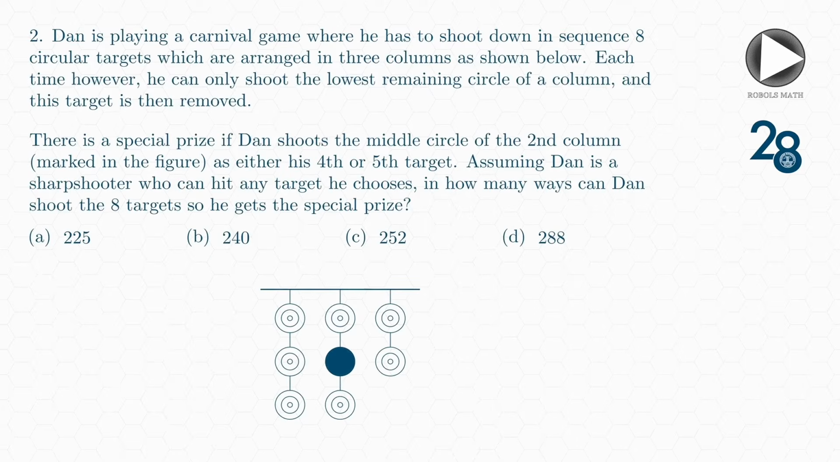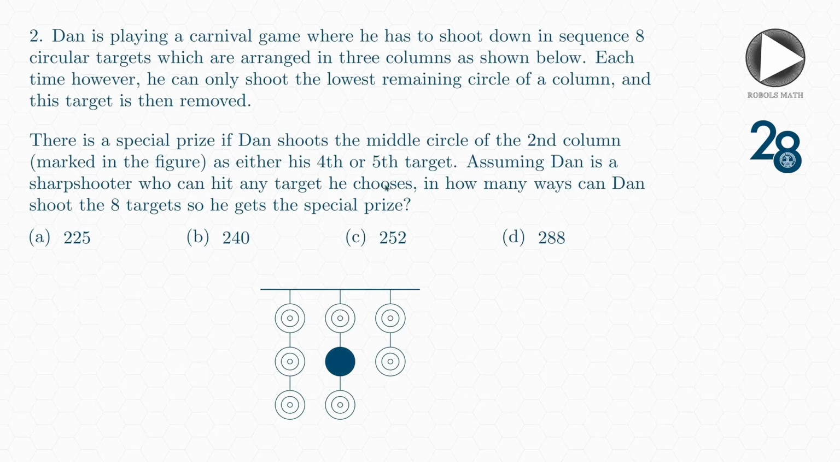Dan is playing a carnival game where he has to shoot down in sequence 8 circular targets, which are arranged in 3 columns as shown below. Each time, however, he can only shoot the lowest remaining circle of a column, and then this target is removed. There is a special prize if Dan shoots the middle circle of the second column, marked in the figure as the shaded black or shaded blue one,